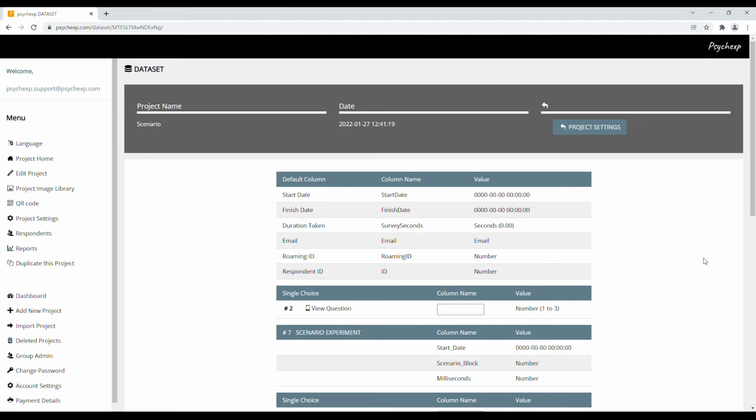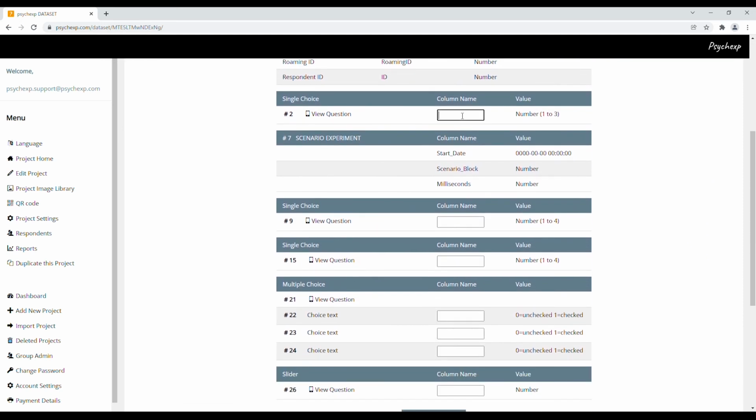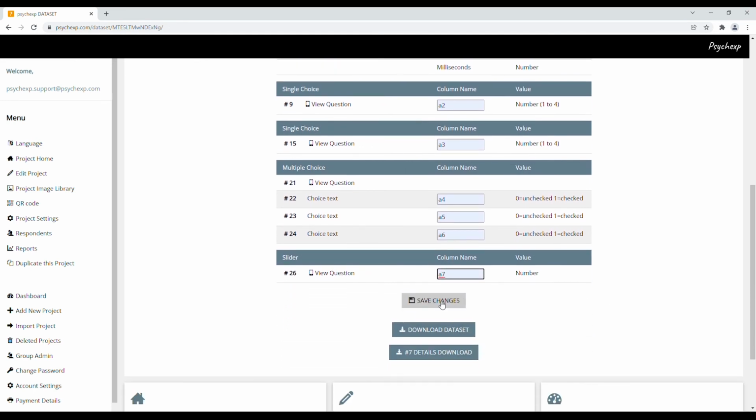Each column heading must be unique, and only alphanumeric characters can be used. If you have a scenario experiment in your project, you'll be able to download both a summary dataset